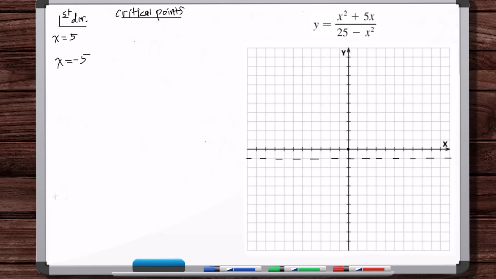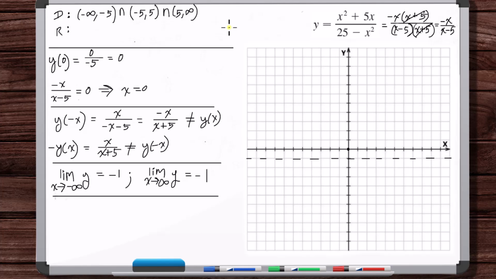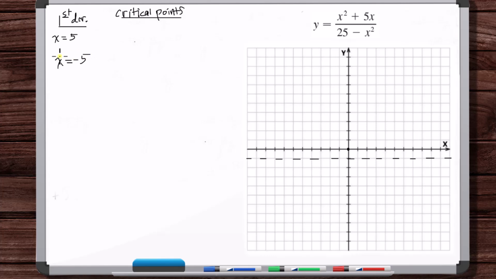Why is that? Because by definition, in order for a derivative to exist at a point, the function has to exist at that point. That's a definition. So since we know the function doesn't exist at x is equal to 5 or minus 5, then we know the derivative won't exist there either. The only reason it doesn't show up in the actual derivative formula is because of the way it simplifies to this. But we know that minus 5 is a critical point as well,